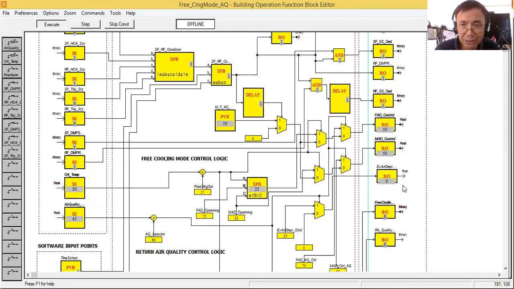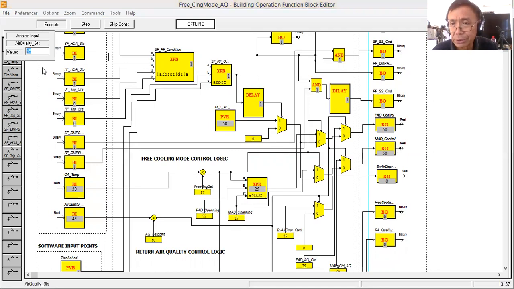Now, let's say 50-50, then my return air is 50, then suddenly there are so many people. Assuming this air handling unit is serving a gymnasium, there are so many people exercising in that area, and the carbon dioxide concentration is getting high.